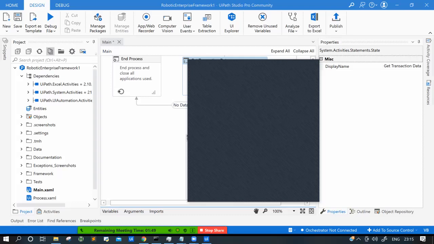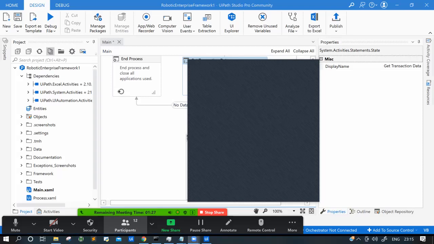Rashmi, I have created a couple of processes for demo using the RE framework, using YouTube videos, but it is difficult to understand and get used to the RE framework, because normally it is so easy to use normal Studio, but doing the same process in the RE framework is difficult to understand. Got it. I'll do one thing: tomorrow, or maybe the day after tomorrow, I'll set up a Zoom meeting again and explain the full RE framework with queues and without queues. We can discuss both.